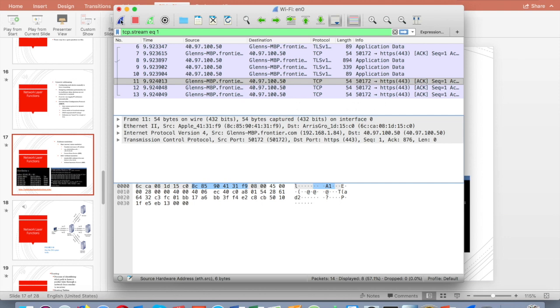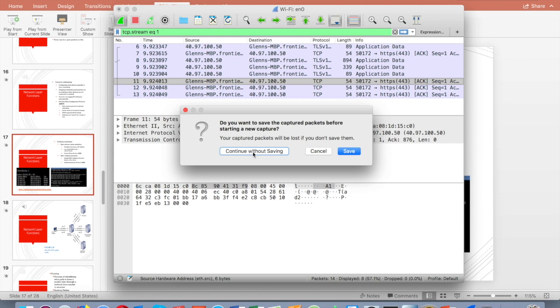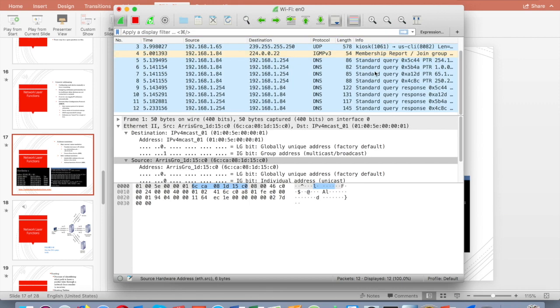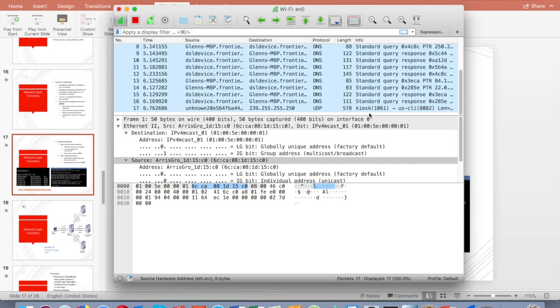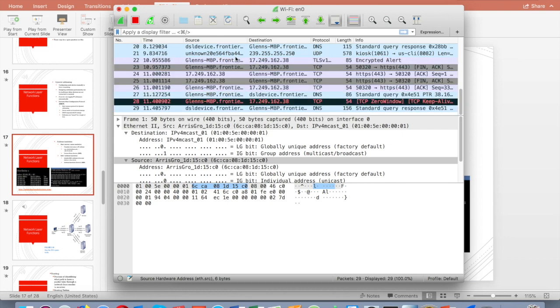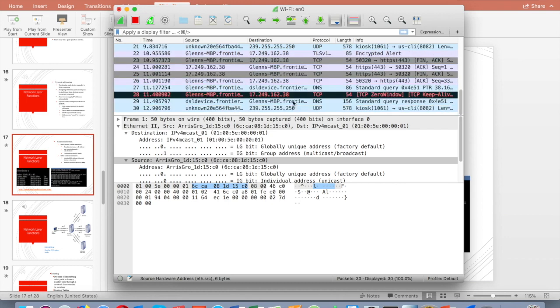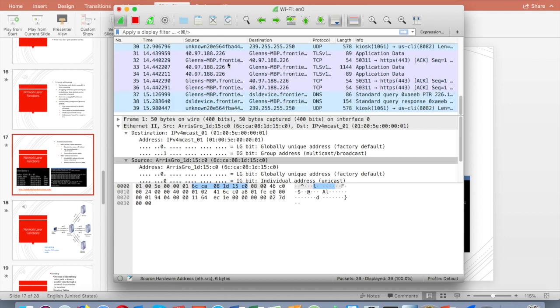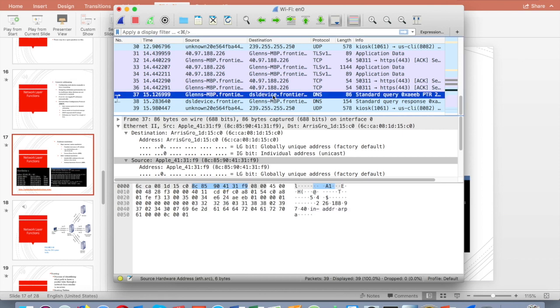So now if I create a new request, and I don't need to save this, and right now it's doing a filter. I don't need that filter either. So now I can see some traffic coming through here. It looks like it's communicating using DNS with some of my routers, and you can see that there's a lot more information being shared. So let's stop it right there and let's take a look at this DNS request.